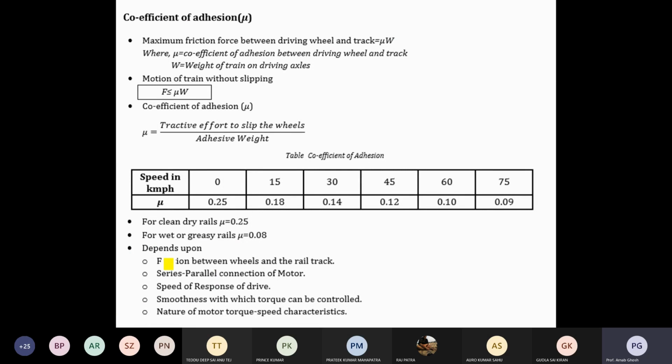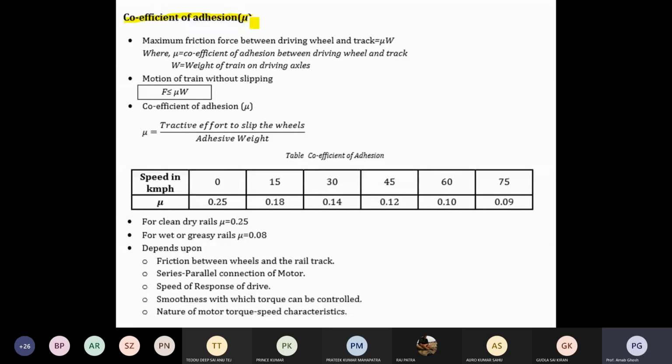You can observe the inertia of the machine, not only the inertia of the entire system, but also the effect due to the incline. If it is coming with slopes, there are effects of other forces, maybe the angle of the inclined plane, which also has an effect on the entire force of the system. That's why the coefficient of adhesion, called mu, is also important. The total force should be less than mu W, okay.